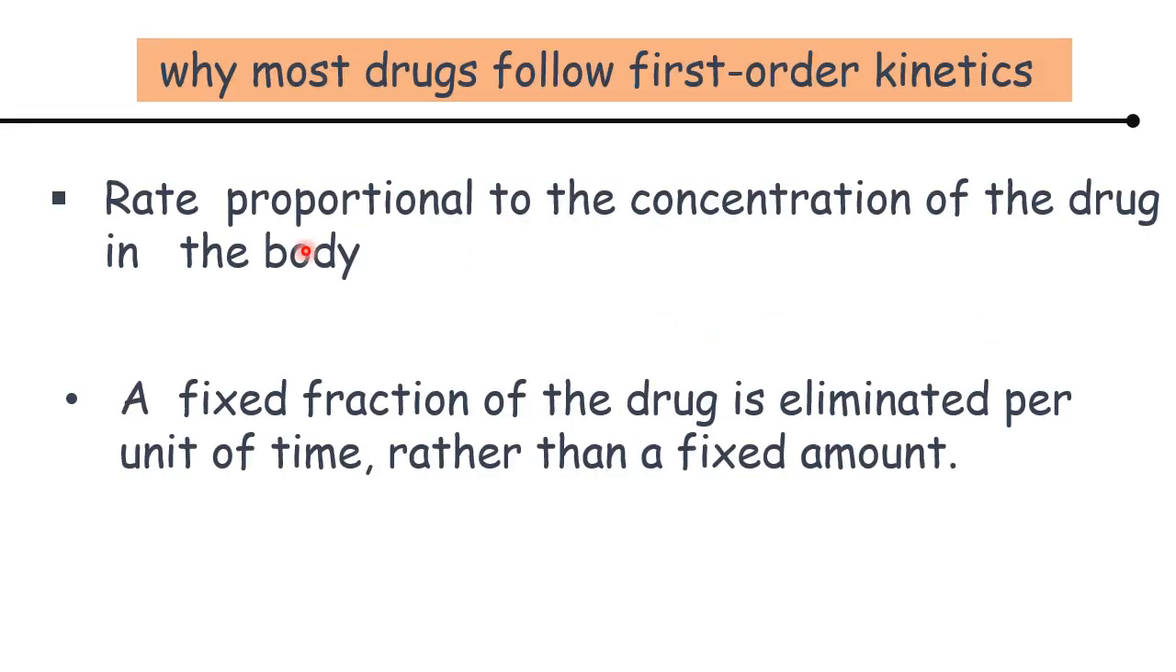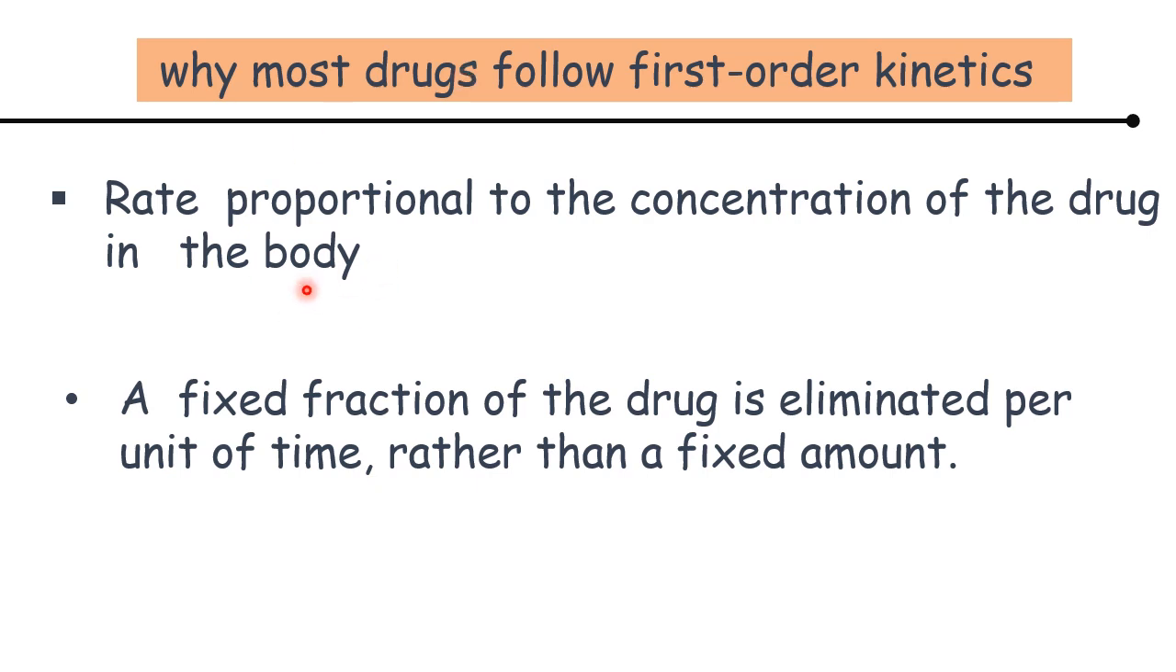And why do most drugs follow first order kinetics? Because most drugs undergo first order, as their elimination from the body occurs at a rate proportional to the concentration of the drug in the body. This means that a fixed fraction is eliminated per unit time rather than a fixed amount. This fraction is important in first order. In zero order, a fixed amount will be eliminated, whereas in first order, a fixed fraction of the drug